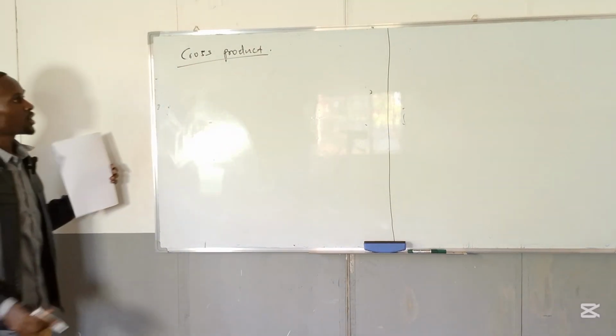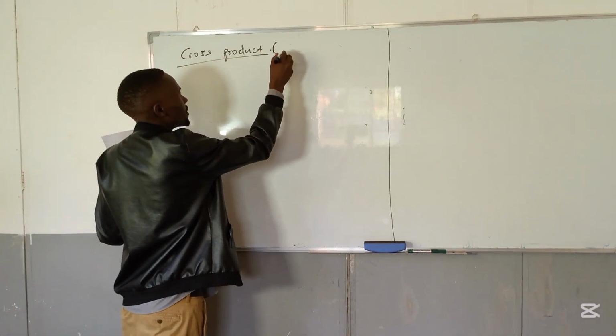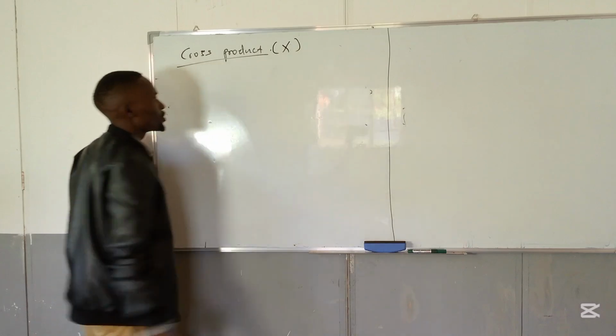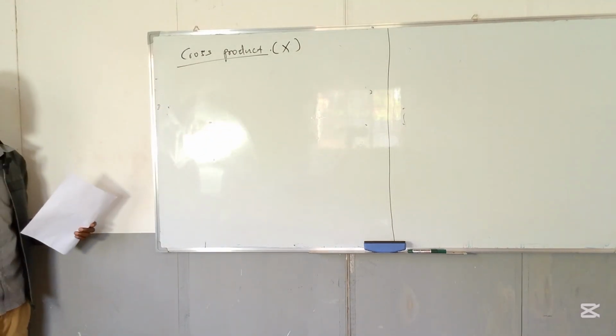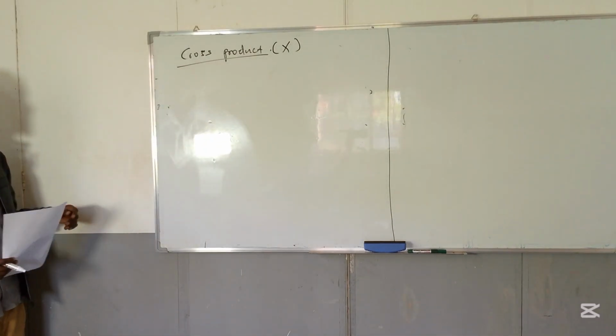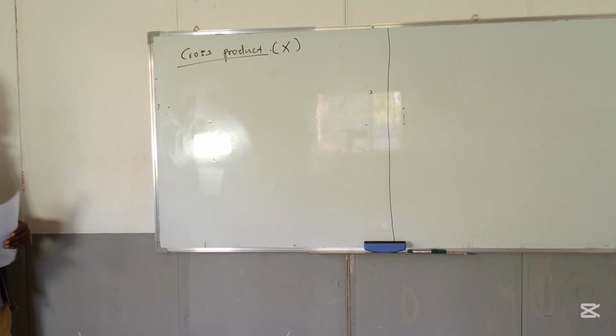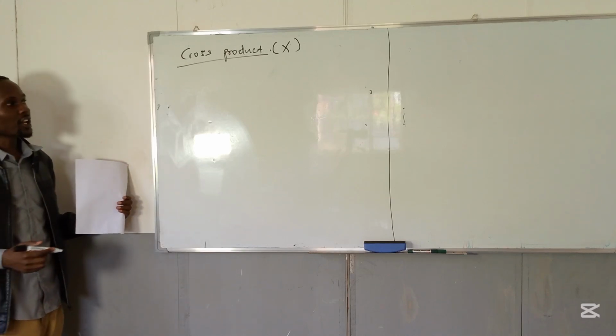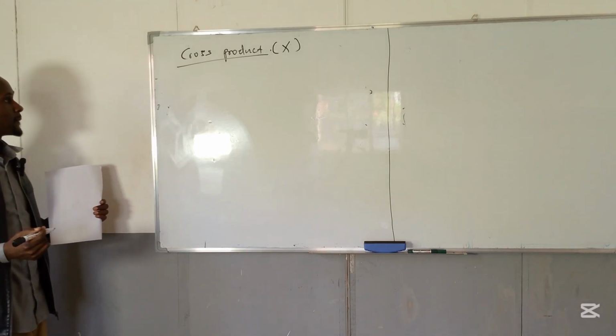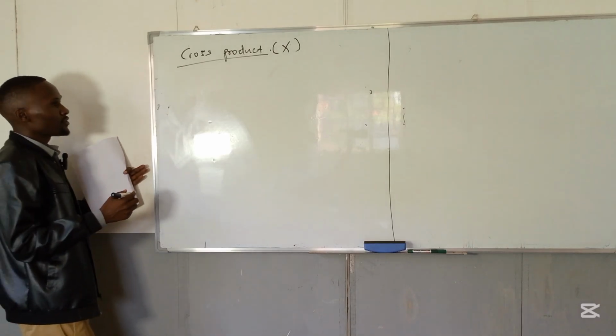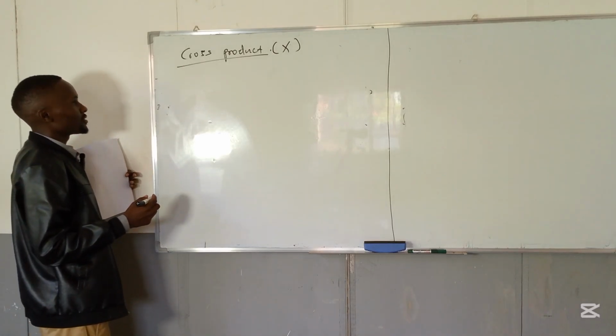So for cross product, we normally use a symbol which is almost the same as the multiplication sign. So directly I'm going to go to examples. For example, if we have